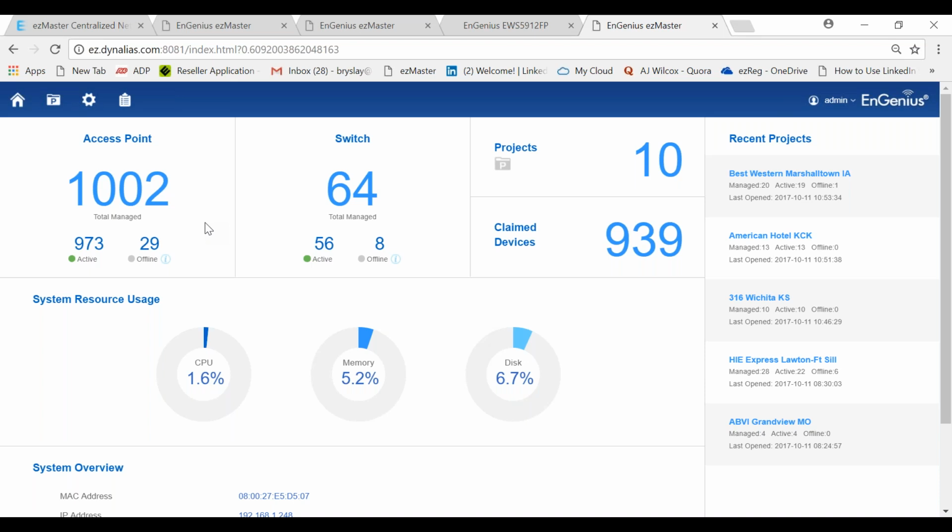Eddie really hit on a real value that EnGenius offers. As I mentioned in the second slide, our devices operate in a standalone mode or a management mode. If a device loses connection for whatever reason to the EasyMaster software, the devices are still functional. They're still operating. They're self-governed at that point. You don't have any central control over those unless you have a switch that's localized at that particular site, and then you can have that switch take over.